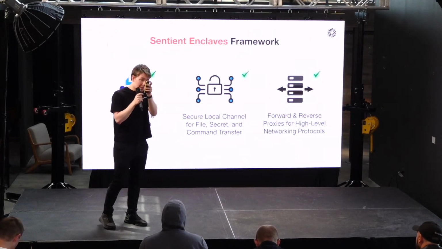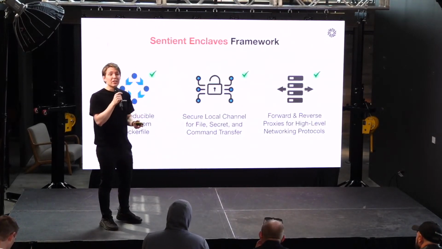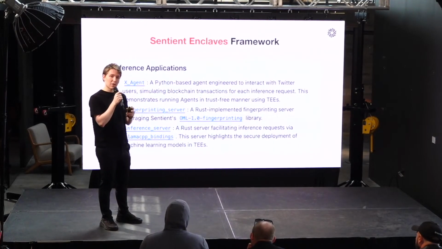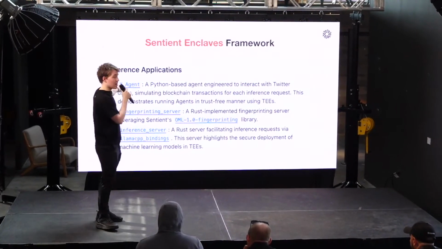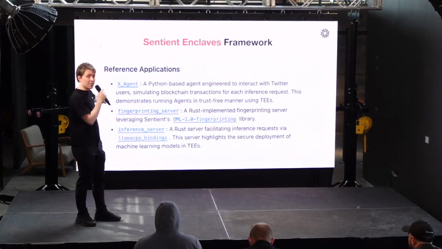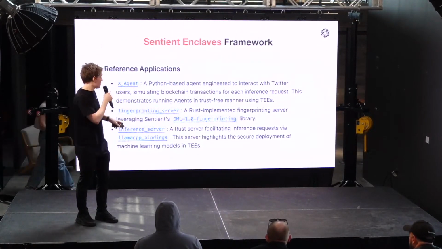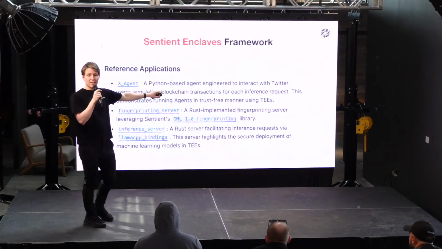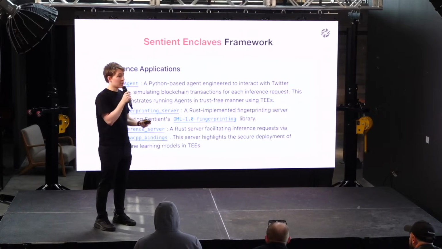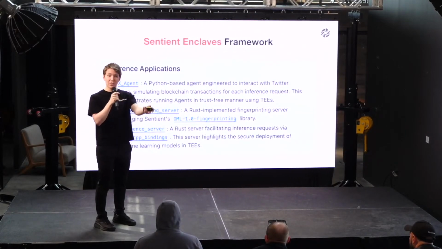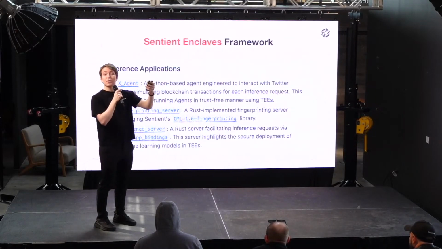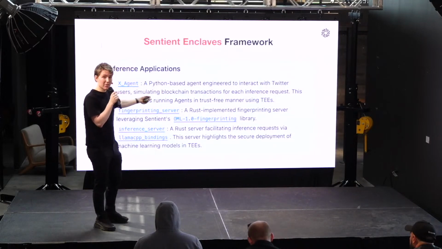So one more time, this library is an amazing effort. To make sure that it's very clear what this is for, we've also provided 3 example applications with it, all on the same repo. We've provided an example AI agent, a fine-tuning server, and an inference server. The AI agent is able to do 2 things. It's able to accept secrets from the host and post things on Twitter. And also, every time it posts things on Twitter, it signs a transaction on the blockchain with its own secret wallet. Talk about unruggable agents.